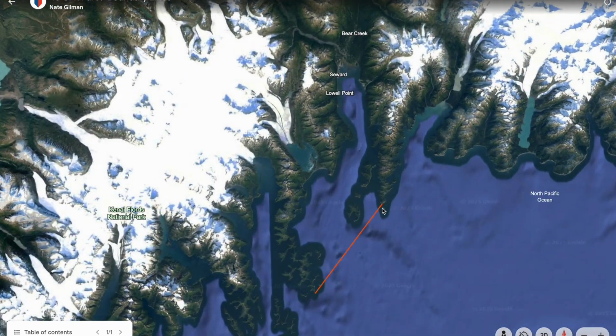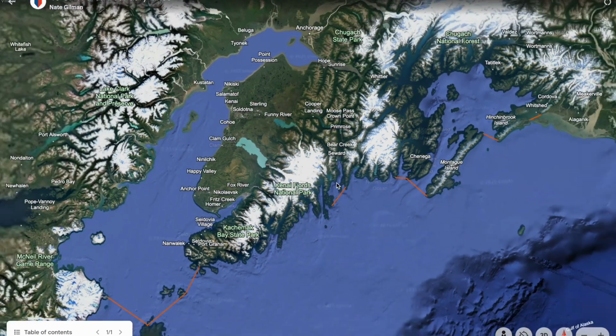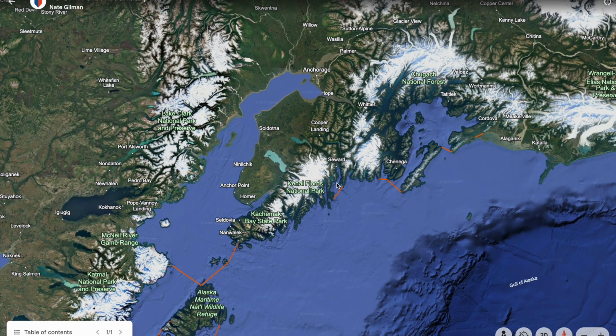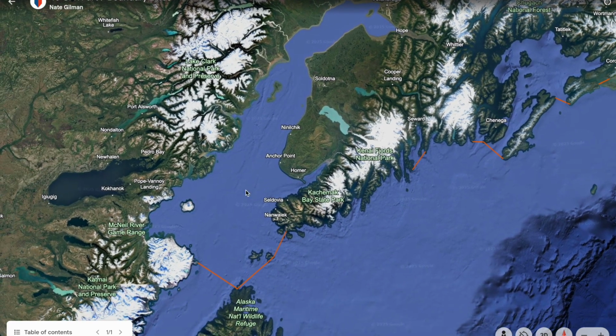So you can see in Seward, the line's pretty far out here, right? So you have to be all the way out, kind of exposed, to be able to get that near coastal time. Whereas as long as you're inside here, you are getting inside, inland sea service credit, which means you can also operate inland. Same thing with Anchorage.